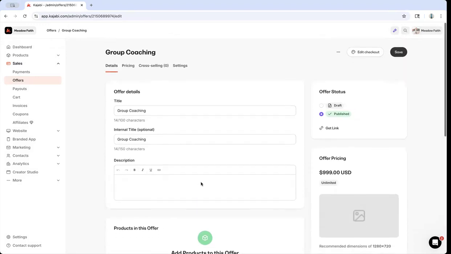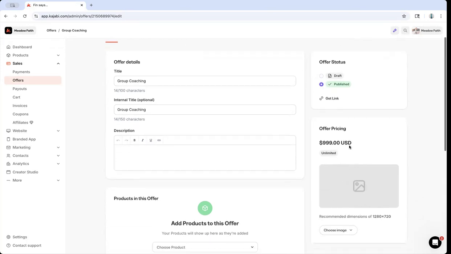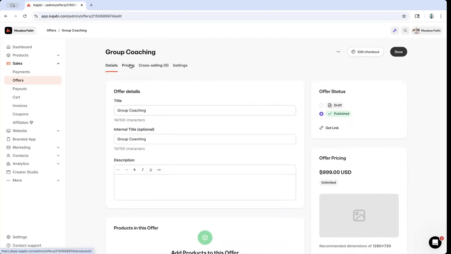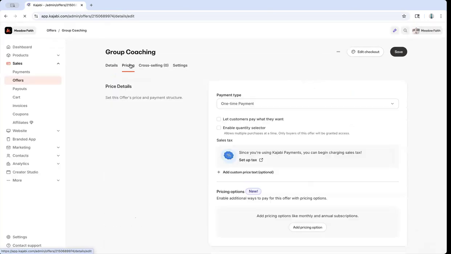So let's scroll back up and just give you a quick overview. You've got the title, the internal title. This is important: offer status. If this is on draft, nobody's going to see it. If it's published, that's where people see it. You've given it a price already, but if you want to go into pricing,